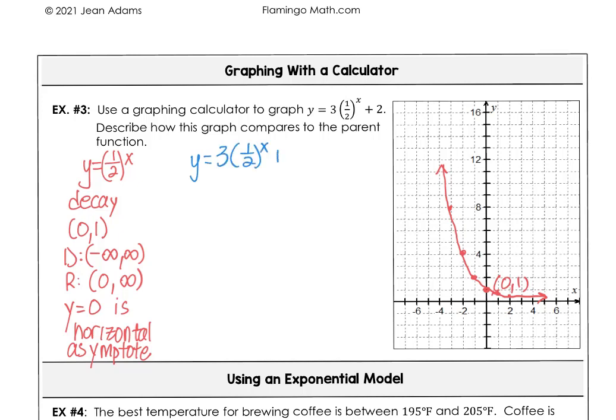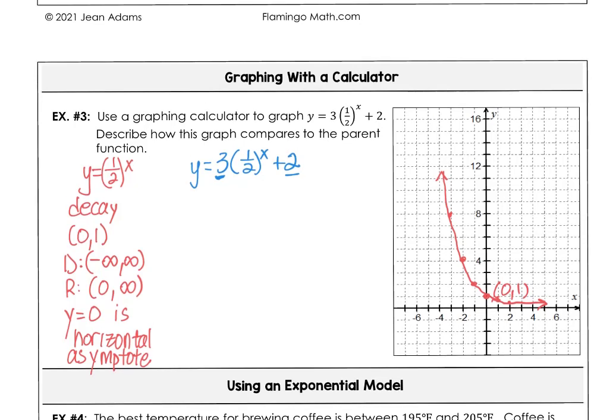Now, switching over to blue, we're going to graph our translated graph with the 3 and the 1/2 to the x power plus 2. So we still have the HK, but we've got that factor of 3 in front. So this is going to stretch our graph, and this is going to move our point up 2 places. It's a decay graph. And instead of having 0, 1, we have 0, 5, because we had 1 times 3. So we're having this 1 here times our stretch factor 3 and adding 2, which gives us 0, 5 for our